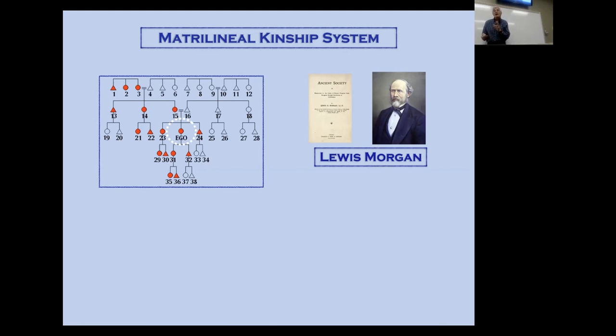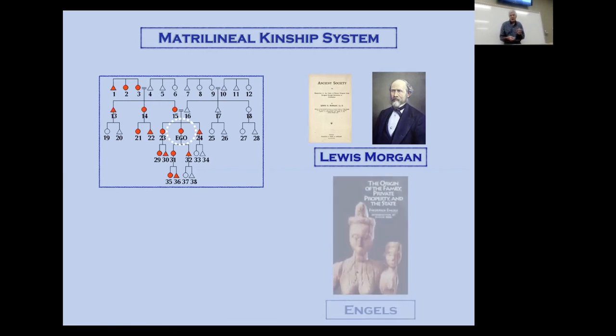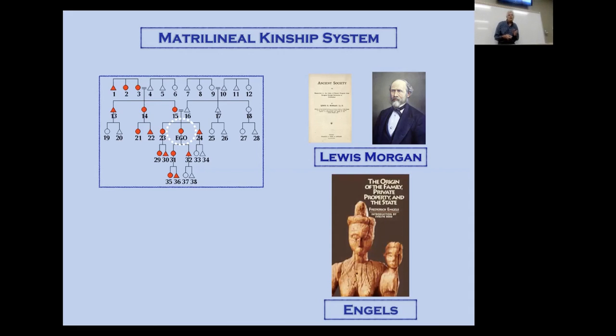He studied 170 languages, and in every single one of them, the language was set up reflecting matrilineal kinship, so that those relationships are captured in the language. 170. Overwhelming evidence that these early human social formations were based on matrilineal kinship. And then Frederick Engels wrote a book, The Origins of Private Property, the Family, and the State, which